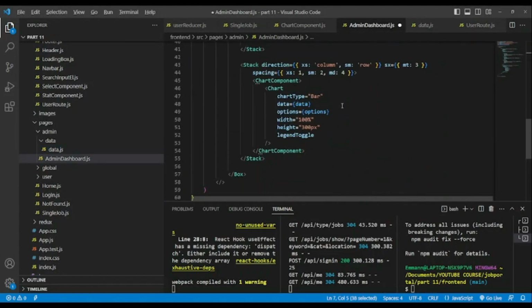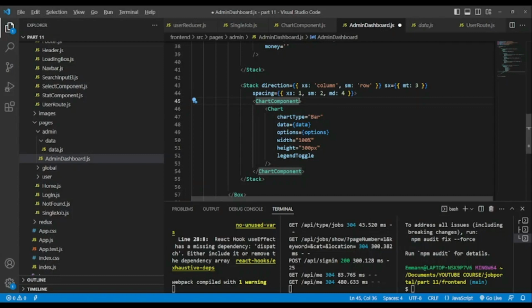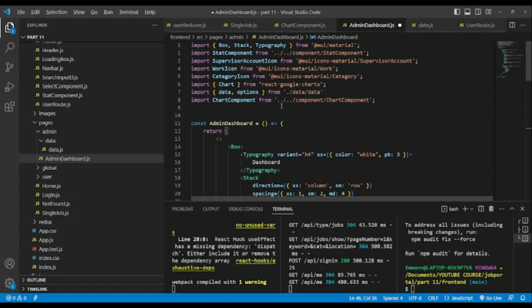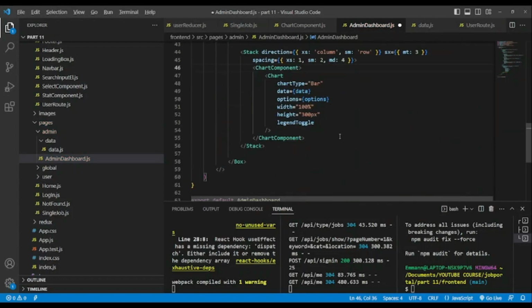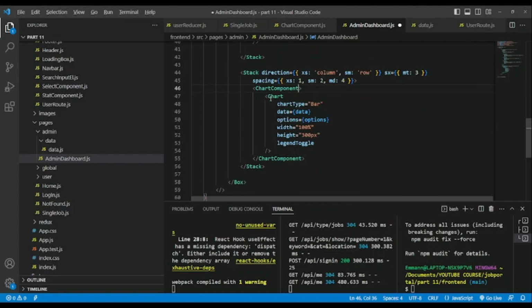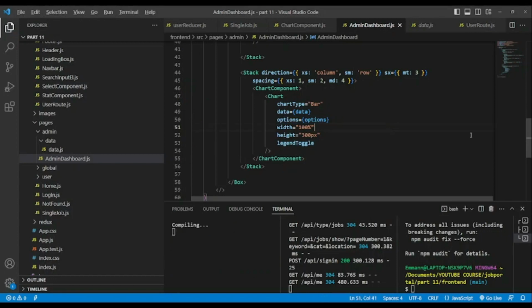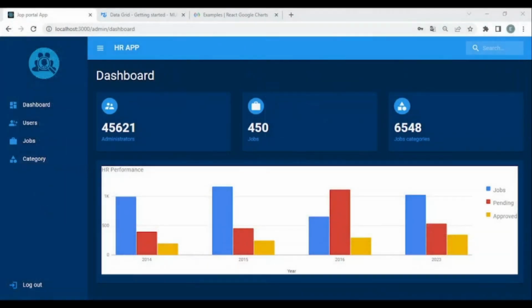Okay, and chart receives data and options. Okay, and we need to bring chart component. Our type of chart will be bar. Okay, we define the width and the height, and we save. So if we take a look in the dashboard, this is the appearance, and you see from the right side, jobs pending approved. Okay,